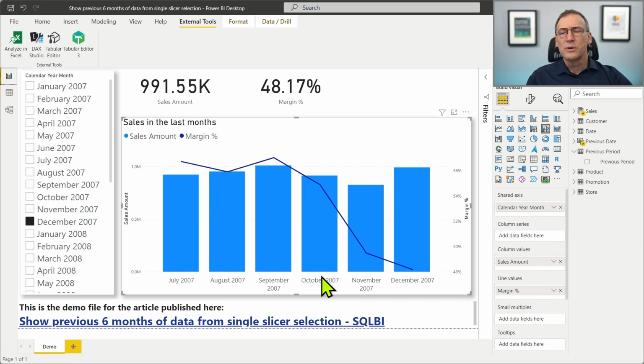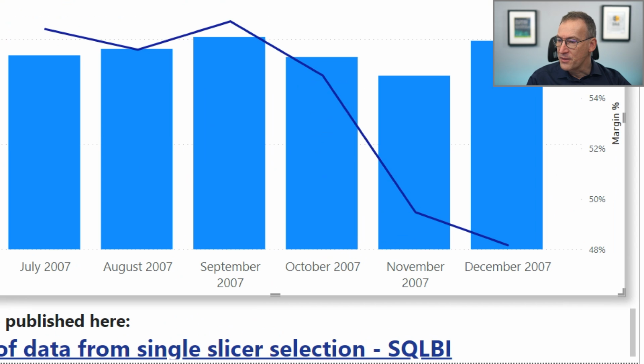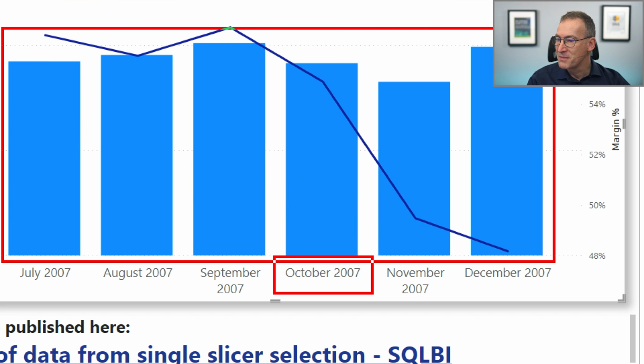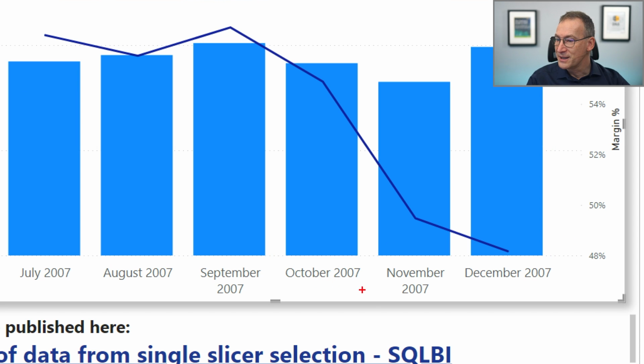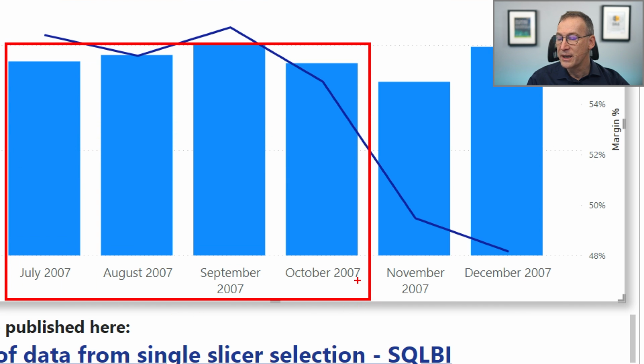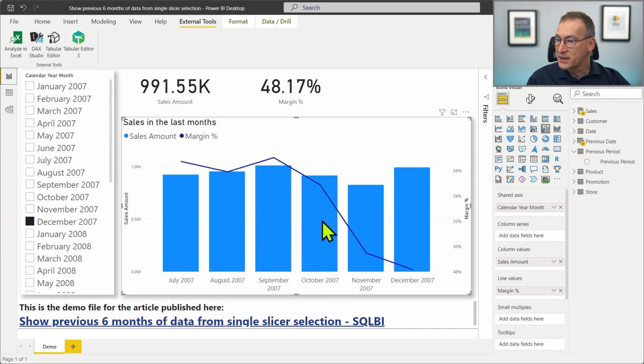Now, what we want to obtain is something different. We want to compute a running total. So the idea is the same, but what we need to do is, instead of keeping the filter on the month, so keeping this filter for October and creating a filter that filters 6 months and then intersecting them, what we want to do in October is generate a filter that filters all the dates starting from July and going to October. So the algorithm will be something like take the end of October as a date, and then take the previous 6 months,